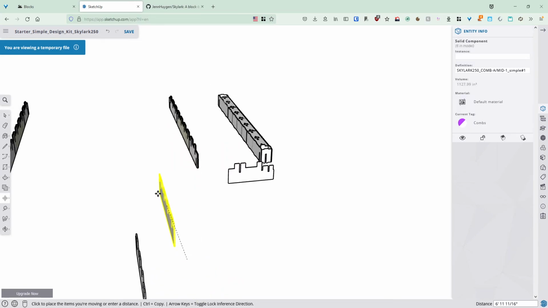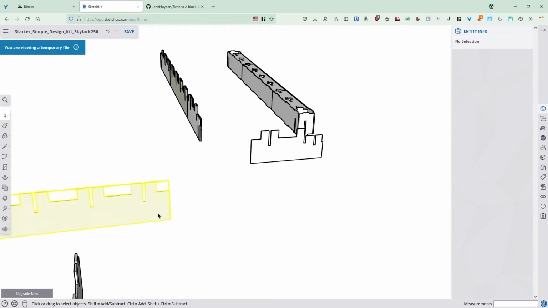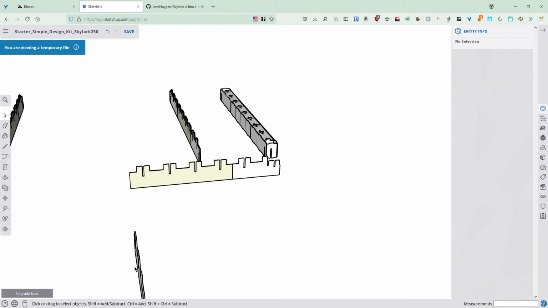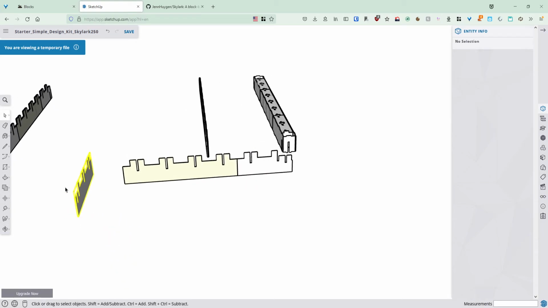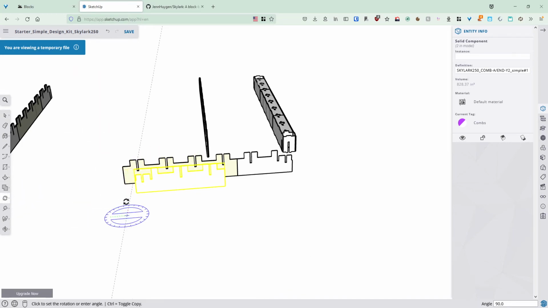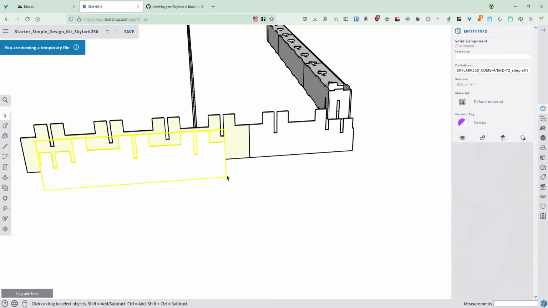And so we'll do the same for the mid one. Here we go. Lining those up nicely. And we will do the same with this one. Let me just check where the line is. Here we go. So here we go. So now we have